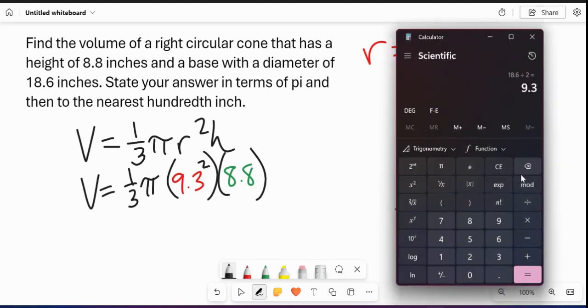Put that in the calculator. 9.3 squared is 86.49. Then multiply by 8.8. Then multiply it by 1/3, or just divide it by 3, whatever you want. I'm going to multiply it by 1 divided by 3. And you get